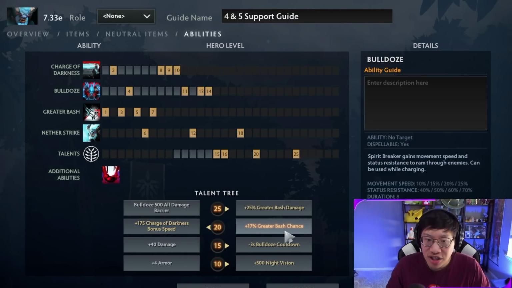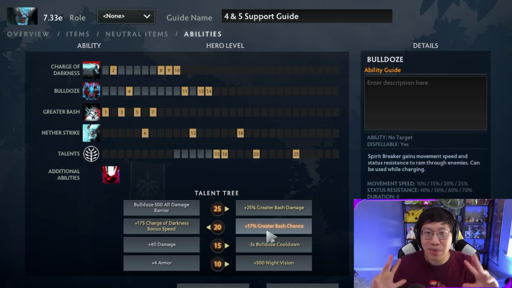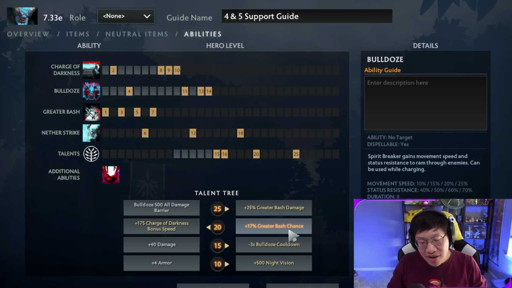The greater bash chance is kind of good when there's a single target you care about and it's like, okay, this BKB'd Huskar, I just gotta try to bash him up as much as possible. Then you can take this talent, but you typically don't buy a ton of attack speed. Your natural attack speed is not very good either. We're more about repeated charges in a team fight and playing the map, and that's why this left